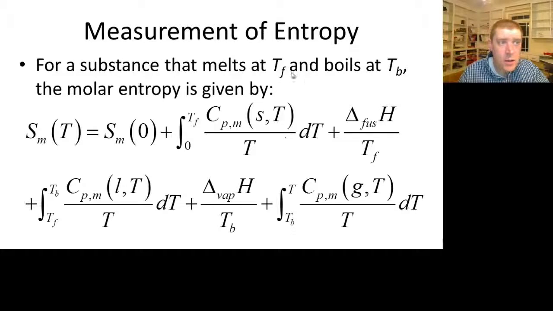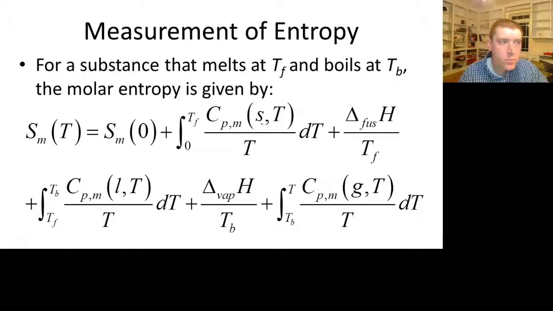And for a substance that melts at TF, F for freezing, and boils at TB, B for boiling, the molar entropy is given by this equation, which is really long. It's both lines all here. So the molar entropy at temperature T is equal to the molar entropy at temperature 0, which we don't know what it is, plus the entropy change from temperature 0 up to the freezing point using our constant pressure